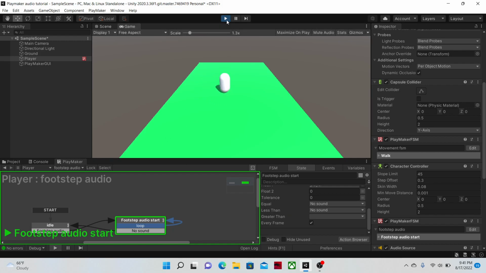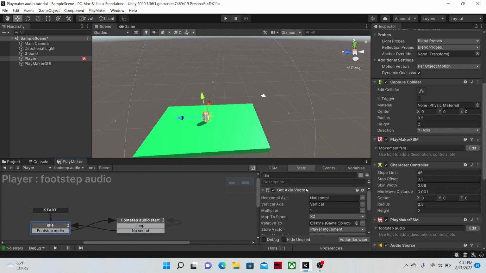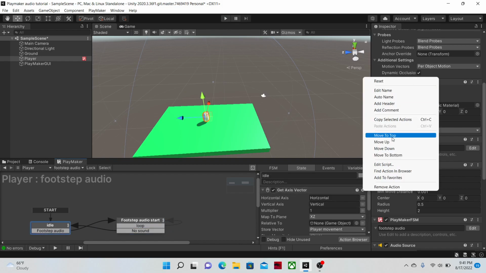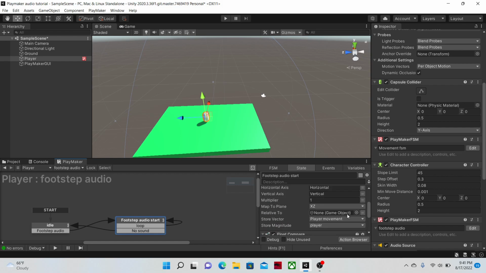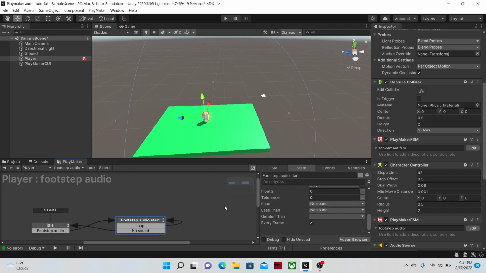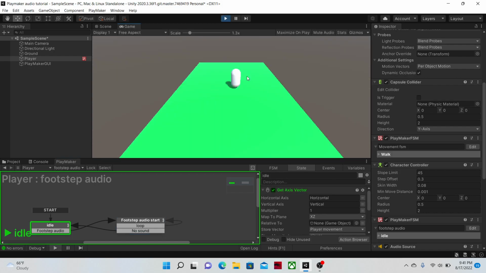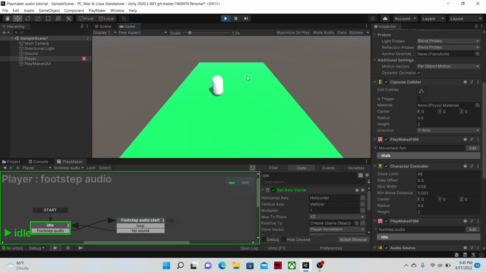Still on here. No, I'll get the axis vector 2. Maybe I forgot. Get this one. Put this flow compare, of course. And yeah, we have the same thing. Let's try this again. Once you let go of the outside, you can hear the footstep is still playing, but for us to get